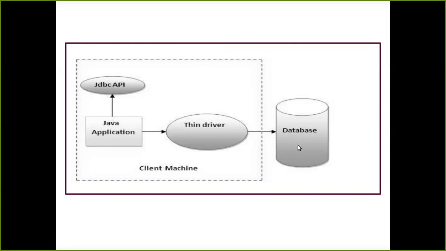So it's not necessary. If I give you an example, say for example NetBeans. Okay, so NetBeans is a platform which includes the JDBC API also. It is going to have a Java application which the developer is going to develop, and it is also going to have a JDBC driver installed previously, whenever we install NetBeans, the JDBC driver comes along with it. So everything is in one platform, that is the client machine. And the database is not necessarily in the platform itself. It can be externally placed somewhere and we can connect to it. Okay, that's why it is called a two-tier architecture.